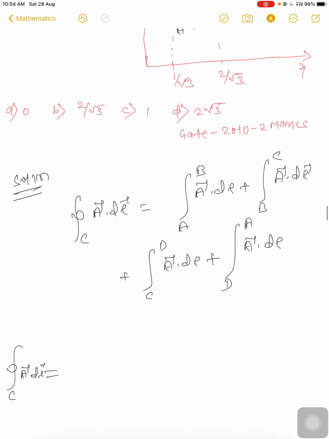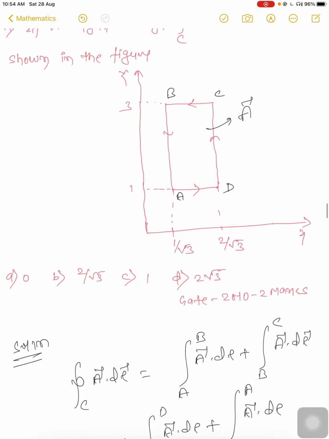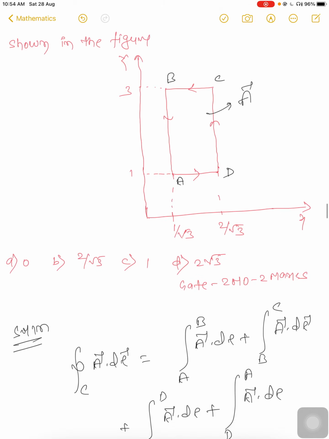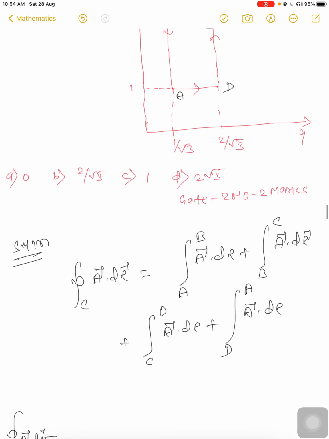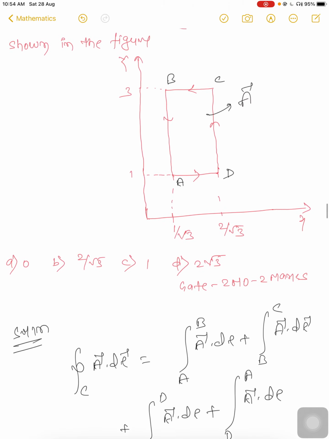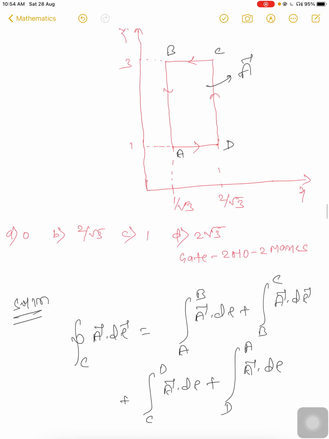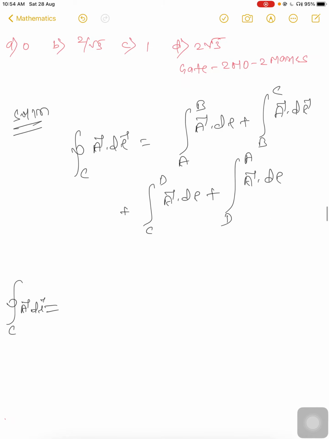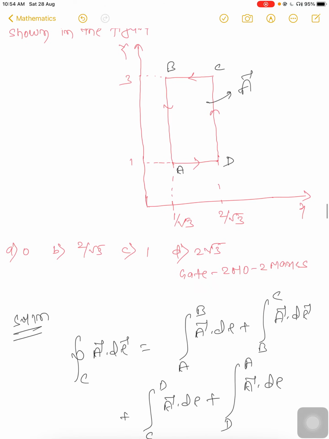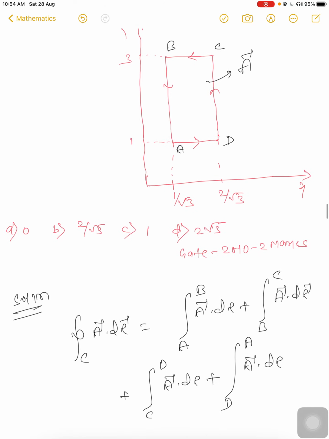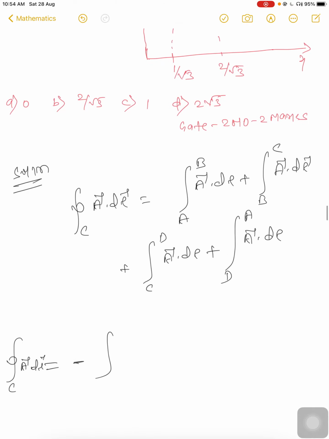So closed integral A dl is equal to A to B. A to B, what is happening? Sorry, direction we have taken wrong. Okay, so we have to take direction B to A, A to D, D to C and C to B, because of the direction. Okay, we can take the negative sign, no problem, and move A to B. When you move A to B, then you are going only in the y direction. Okay, then for the y direction take the limit negative, because the direction is given on the opposite side of whatever we have taken.